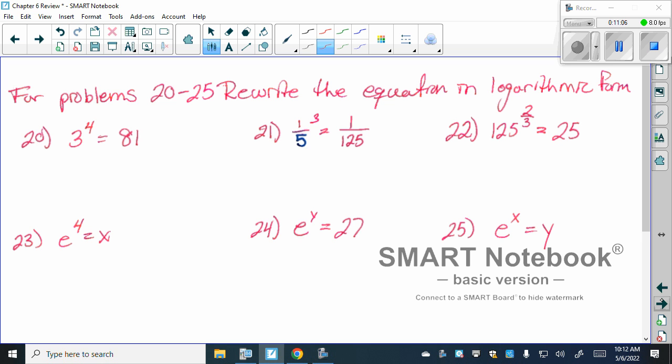Rewrite each equation in logarithmic form. So we can go the other way around, flipping them back with the base. So looking at 20, we can say it's log base 3 of 81 equals 4. Well, when we solve these, what did we do? To get rid of the exponent, we could say log base 3 of both sides. Log base 3 of 3 to the 4th is just 4, because the exponent of 4 moves out front. Log base 3 of 3 is 1 equals